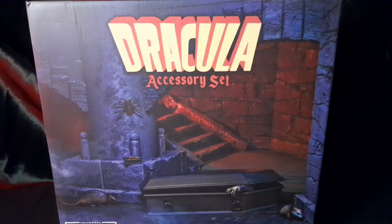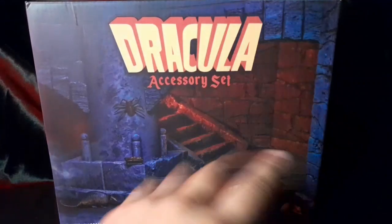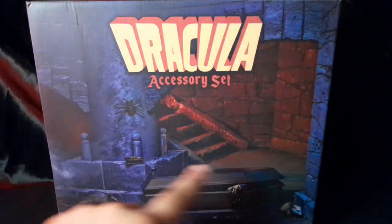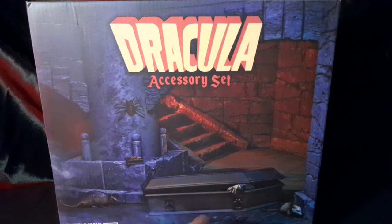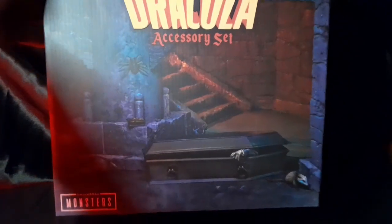For the box set, I think this is a dope looking box set. You can see the big name of Dracula right there with accessory set. Of course, a beautiful looking background. I actually really like the way all that looks. You see the coffin right here, little other accessories that this comes with, and of course Universal Monsters right there